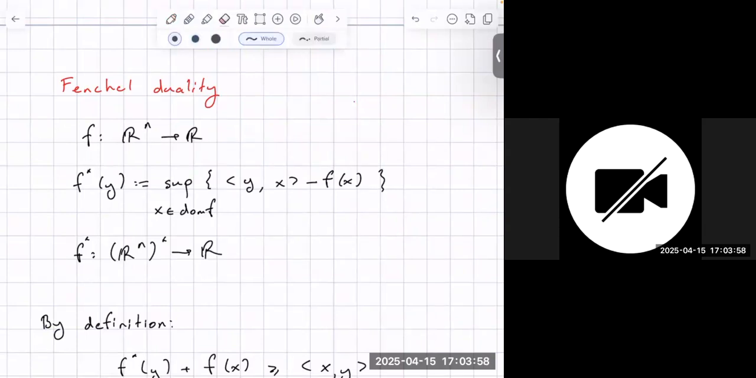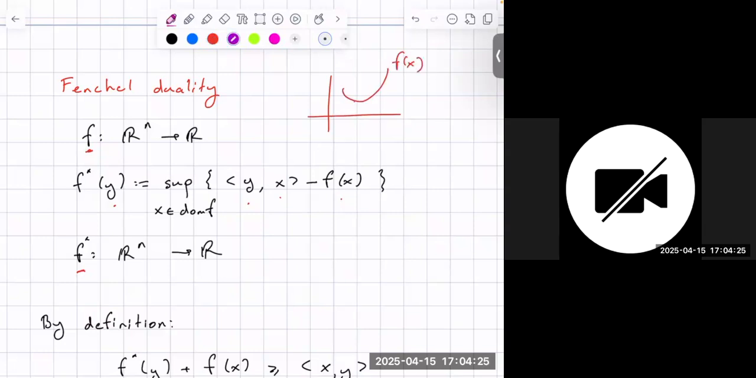You have a function that goes from R^n to R. This time, you're not attaching duality to shapes, you're attaching it to functions. The dual function is defined as follows. It takes a vector y and sends it to the supremum of the dot product y·x minus f(x). So the intuitive picture of this is, let's say this is your f,